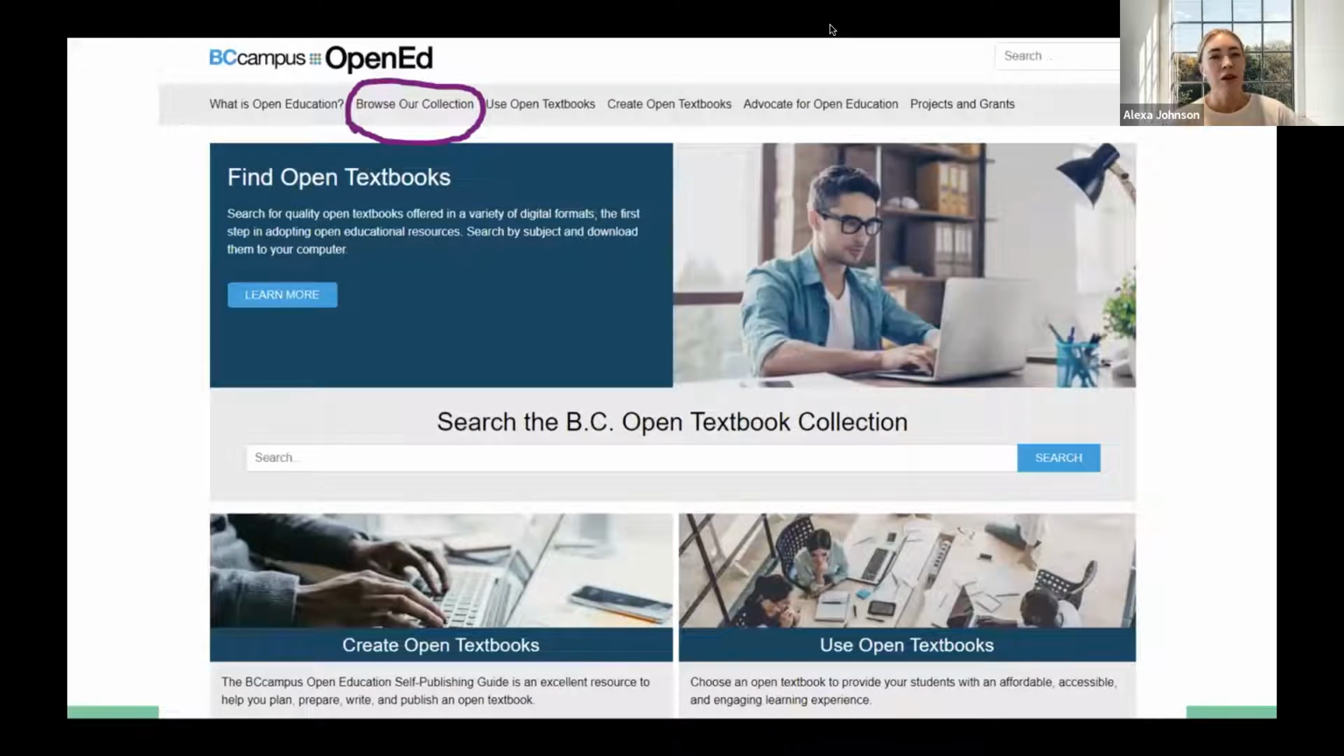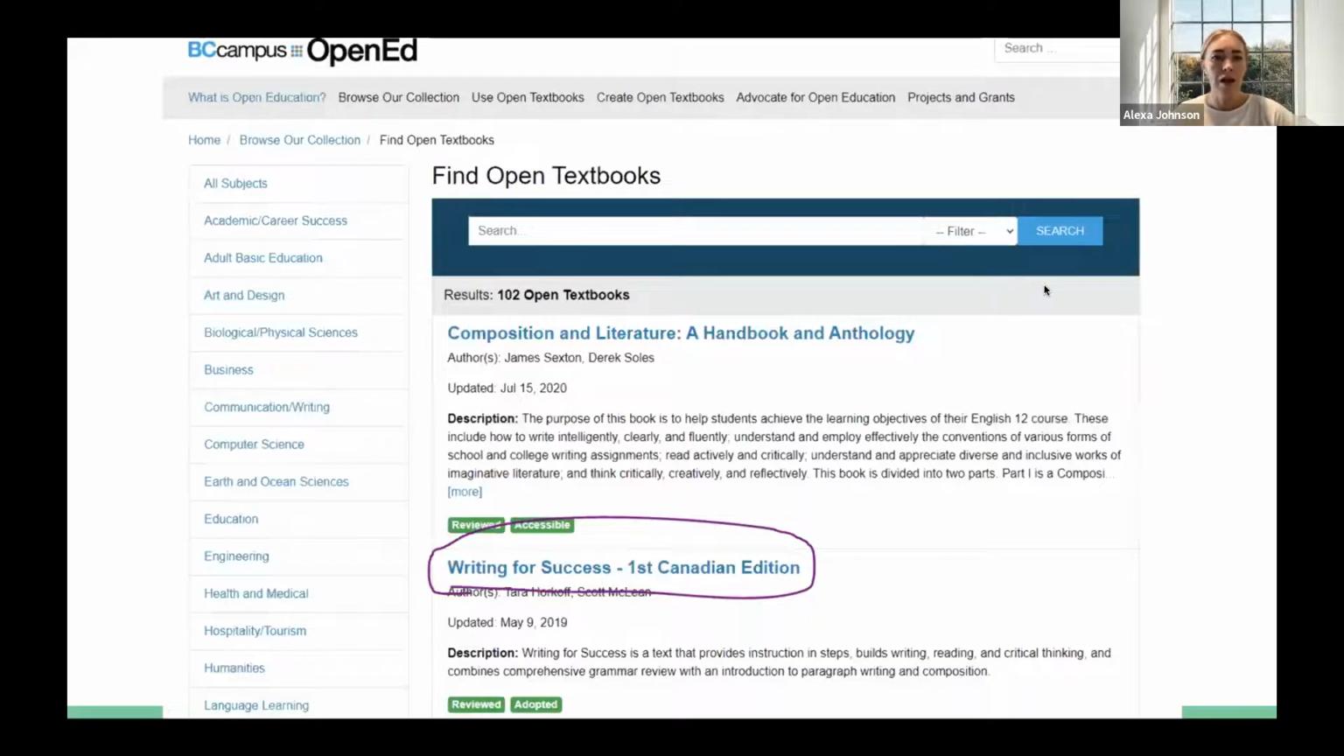So again, if you just go to their homepage, they have a collection. I've circled it up here at the top of the screen. If you click browse our collection, it'll give you kind of like that search engine, like Google search. So you just type in whatever you're looking for. I typed in composition, and then you would click search, which I've circled on the right-hand side. And then you have different textbooks that populate. So I have decided to go with this Writing for Success edition, and it's Canadian, so that's kind of cool,